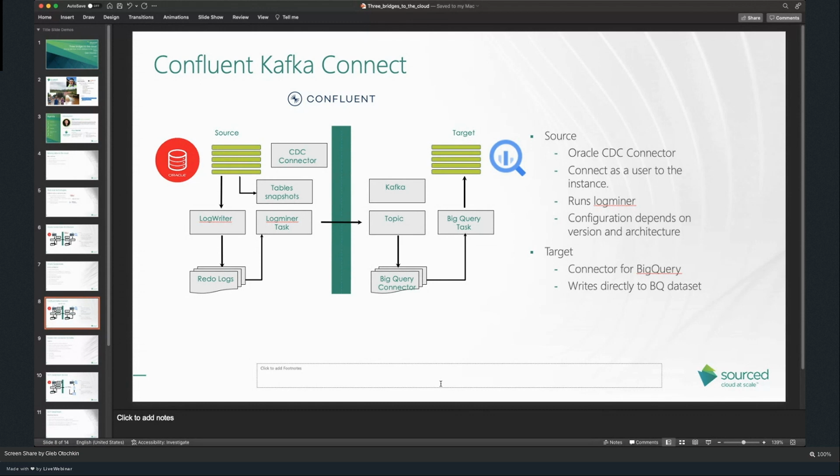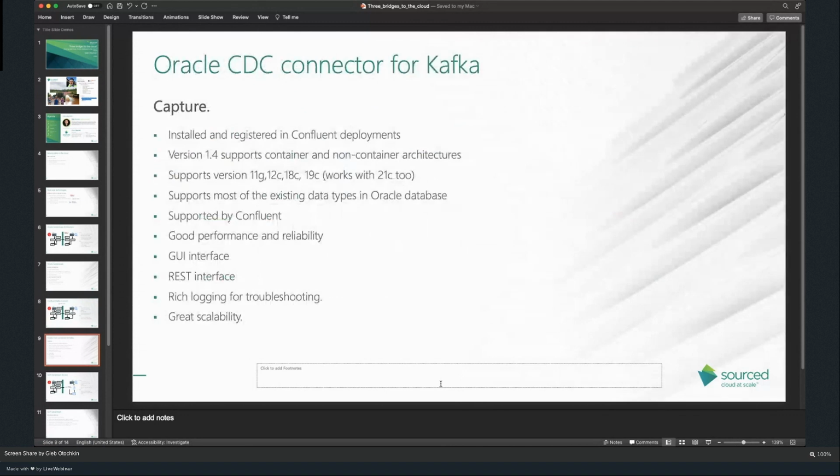So that is Kafka Connect, how it works. It is installed and registered in the Confluent deployment. The Oracle CDC Connector is a commercial Confluent connector, and it is not for vanilla open source Kafka.